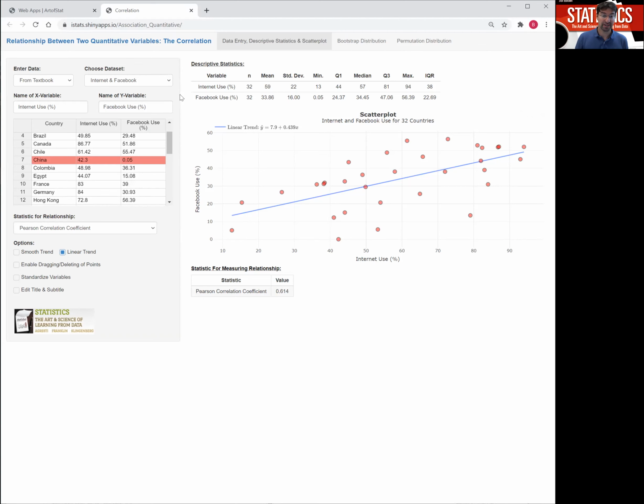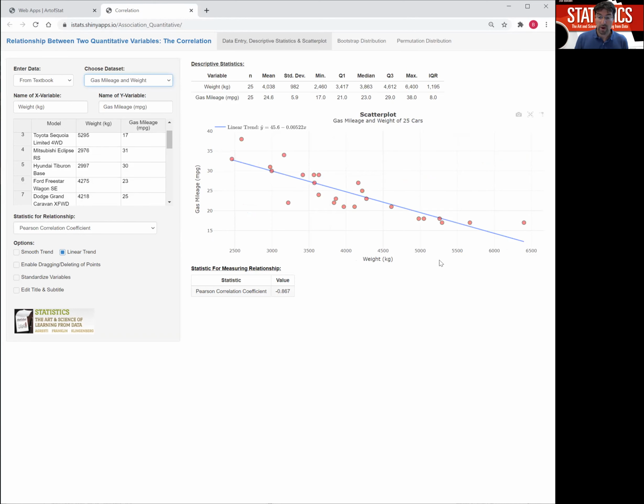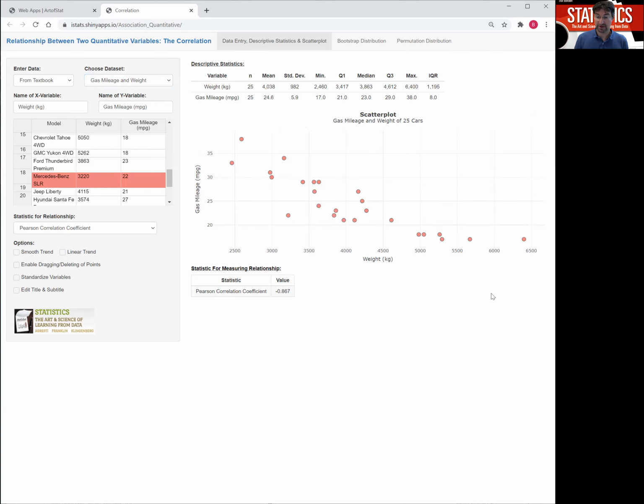I'm going to quickly show you an example of a negative relationship. The gas mileage and weight data set here plots the weight of a car in kilograms against the miles per gallon, how fuel efficient it is. And here we see a clear example of a negative relationship. If I remove that trend line, it might not be as obvious, but notice, the picture might be distorted by this one observation here, the Hummer, which is a really heavy car, about 6.5 tons, but very not fuel